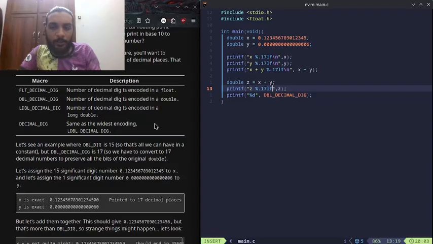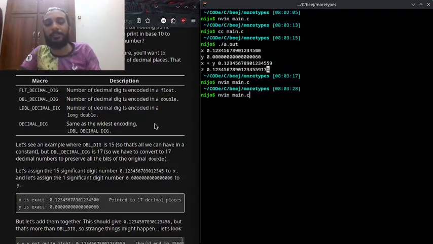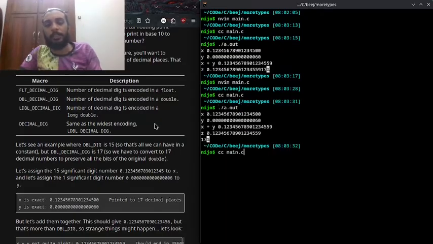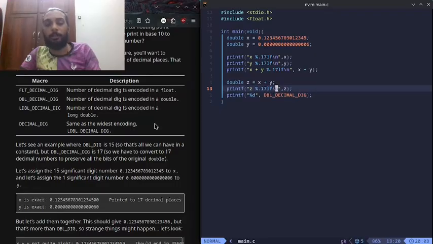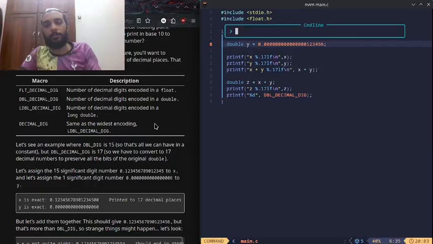Oh wait, did it get printed with the thing? Yeah, 17. What I'm going to do is add one more number to this. Four, five. This is going to